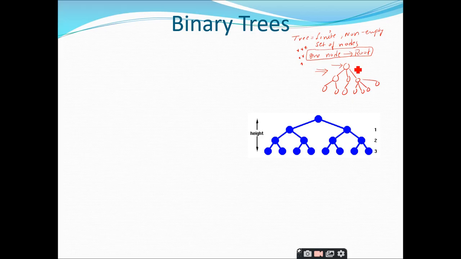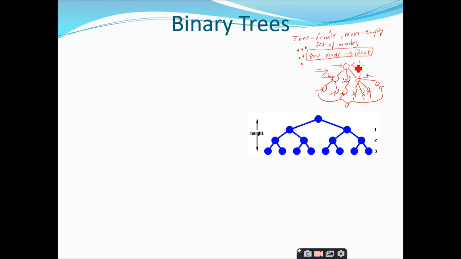If you look at this diagram carefully, how many children are there for this root node? 3, sir. For this node, how many children are there? 2. And for this node we have one child, and for this node we have 4. For these nodes, how many children are there? 0, sir. Right. So the nodes with 0 children are called leaf nodes, or they are also called external nodes.